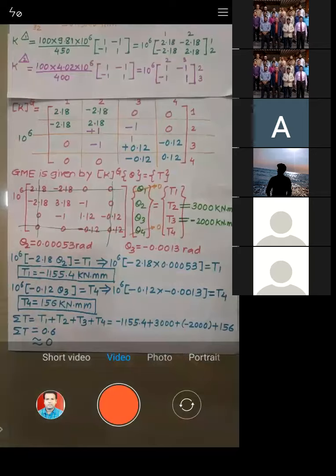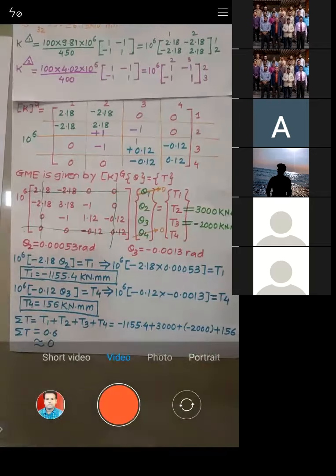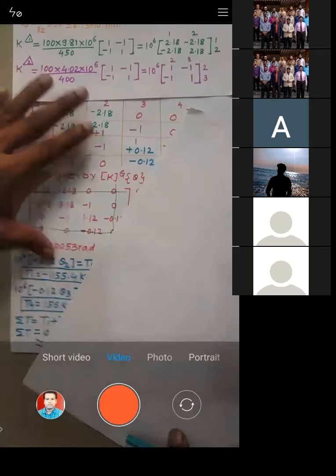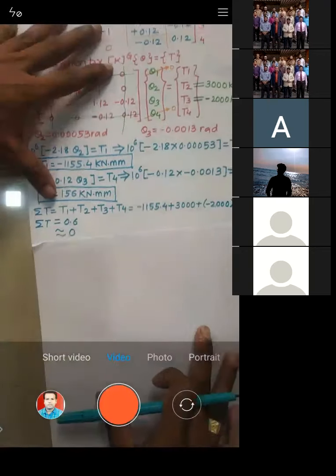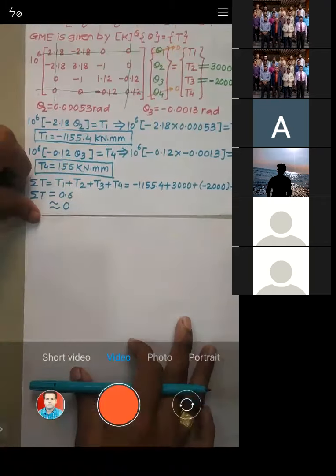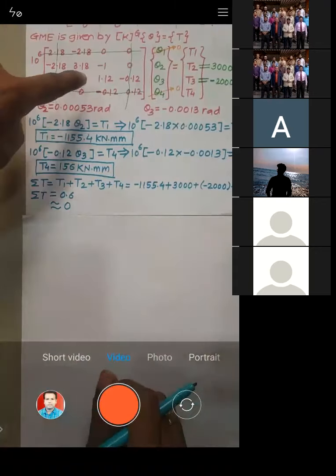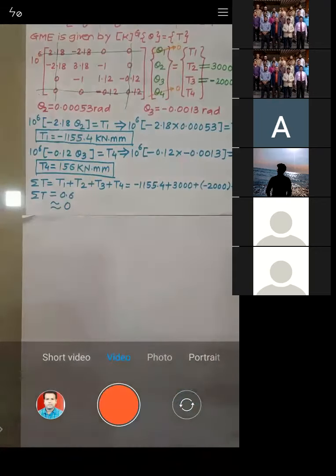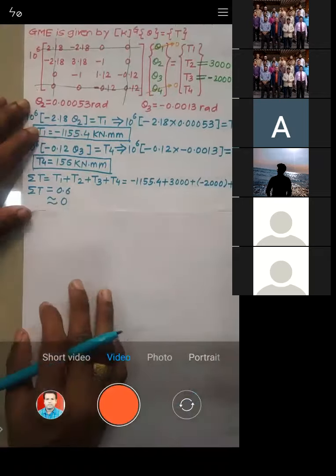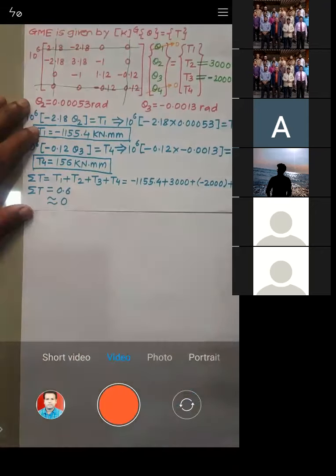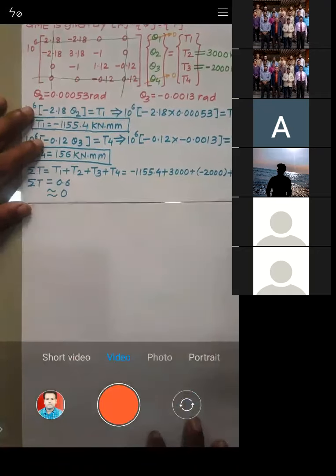Yes, sir. Okay, so if you start replicating the same step again and again, what will happen? Your answer will be less accurate, right? So now we have calculated the reactions. Displacement is done, the reactions are done. Now we need to go with the calculation of stress, right? In strength of materials, if you have a bar under torsional load, the stress which is induced is basically the shear stress, right?